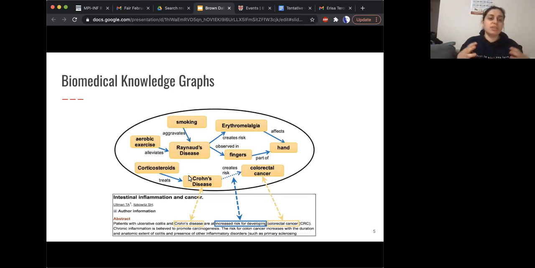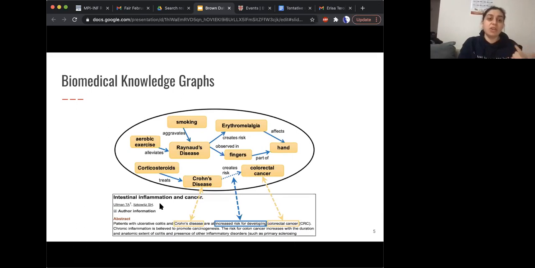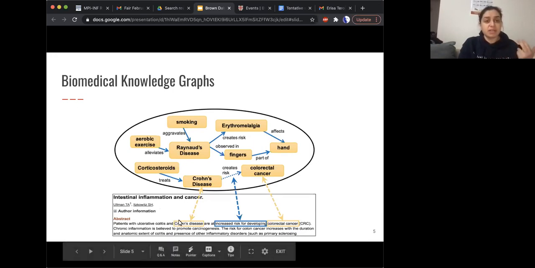In order to populate it with new facts or new biomedical knowledge that comes from trustworthy sources, the community goes into, let's say, journals that have a high impact, or encyclopedic pages that are trustworthy, such as WebMD or Mayo Clinic, etc. They go and extract entities or concepts. They also extract relations. As you can see in this picture over here,